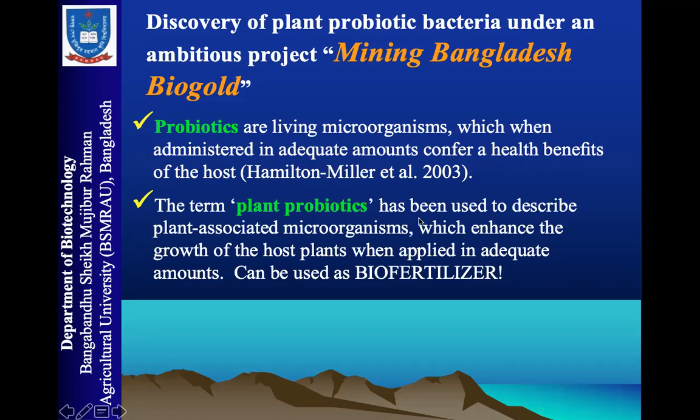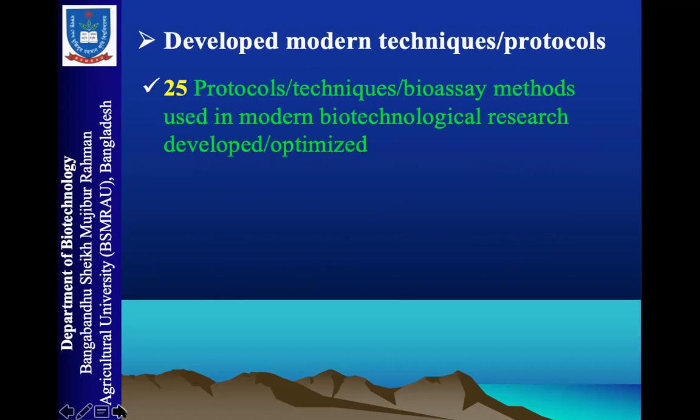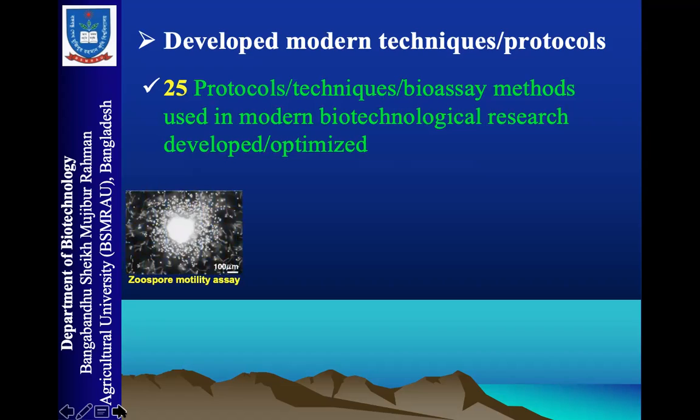The term plant probiotics has been used to describe plant-associated microorganisms which enhance the growth of the host plant and, when applied in adequate amounts, can be used as biofertilizer or biopesticide. In our laboratory, to discover probiotic bacteria, we developed modern techniques and protocols, because the discovery of probiotics is really a delicate process. We developed 25 protocols, techniques and bioassay methods used in modern biotechnological research, and